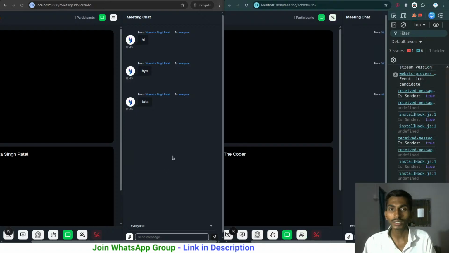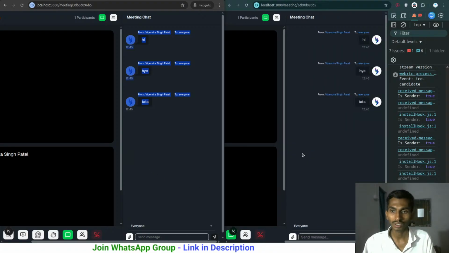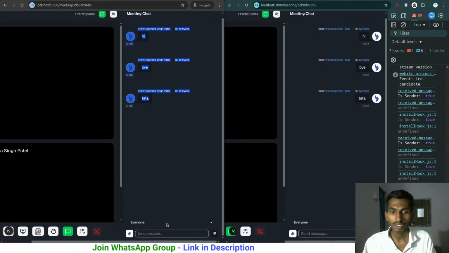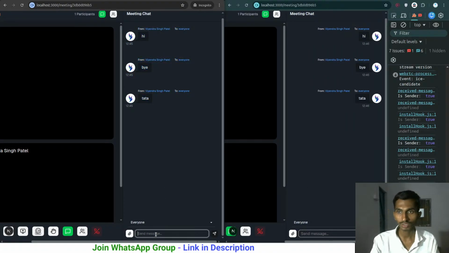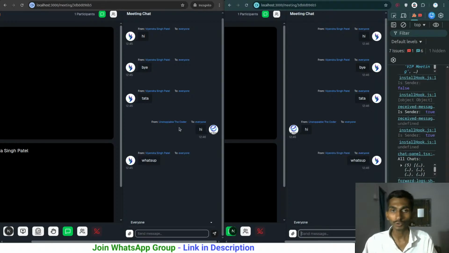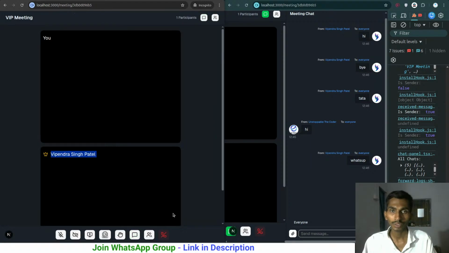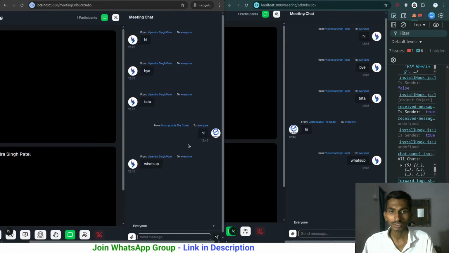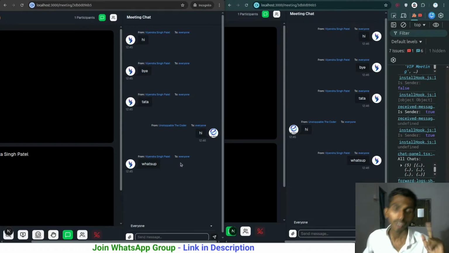The only problem is that if this user leaves, in the meeting this user becomes undefined, so we will have to structure that a little bit better, and overall things are fine. If I send a new message, hi, it's going to be sent, and what's up, it's also going to be sent. These three messages were fetched from the database, and these new messages are being sent from here, so it is working well. There's only one issue, and you must have the idea that if this user leaves the meeting,